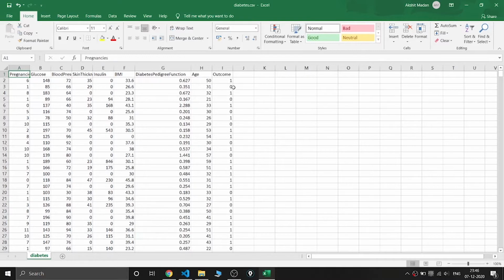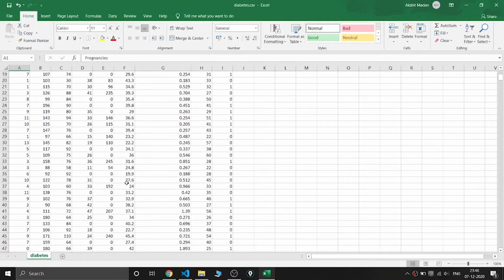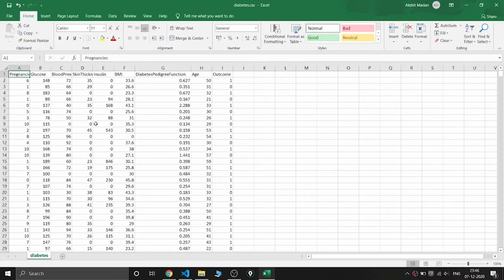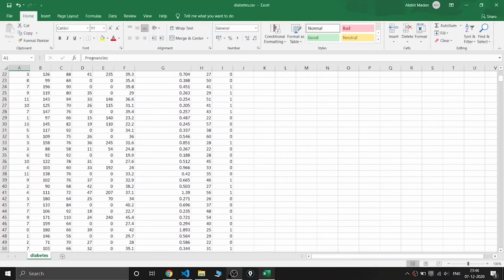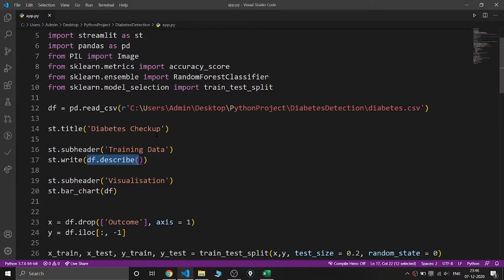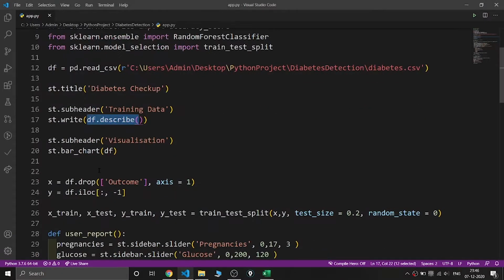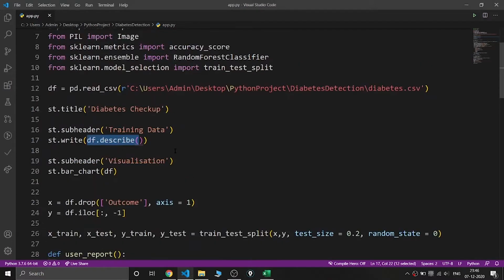This 1 denotes that you are diabetic, and the 0 denotes that you are not diabetic. First of all, I'm going to show my patient the description of this whole data set, the maximum number of pregnancies or maximum glucose, mean, max, all those things. That is done by using this function, df.describe.